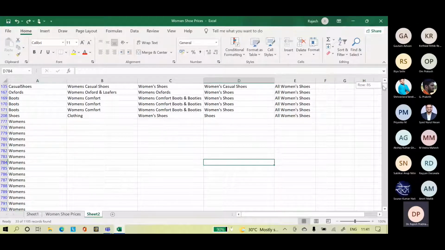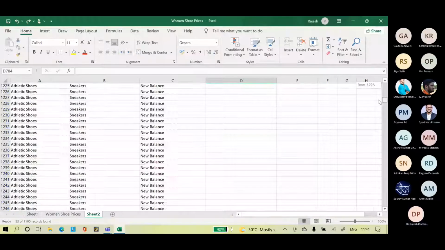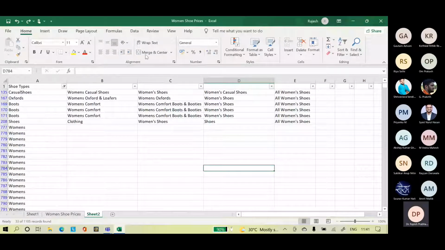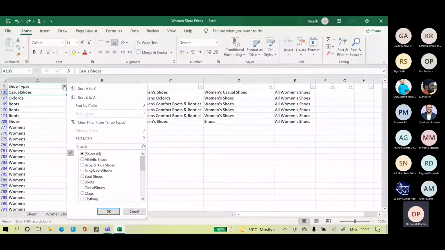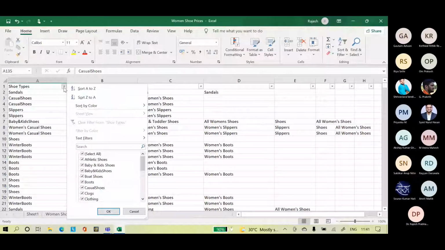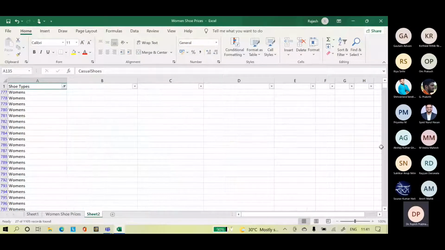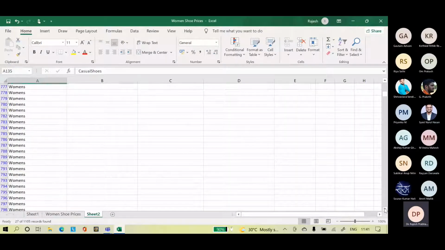Now we have a lot of rows with women. What do we do with this categorization of women? For women, we don't have any categorization.